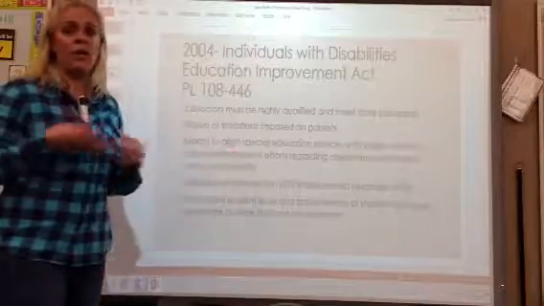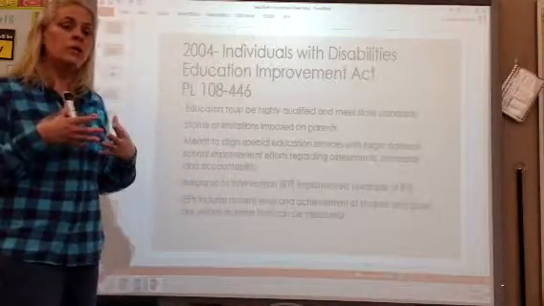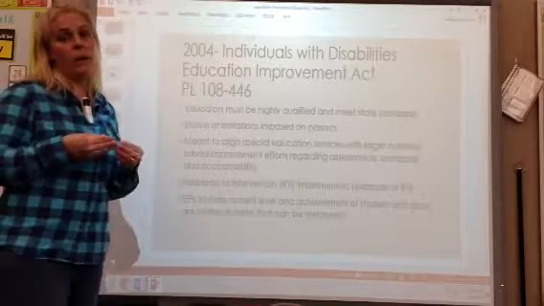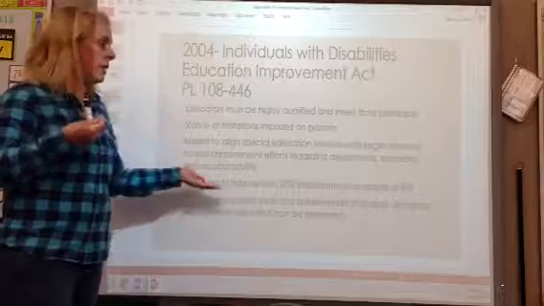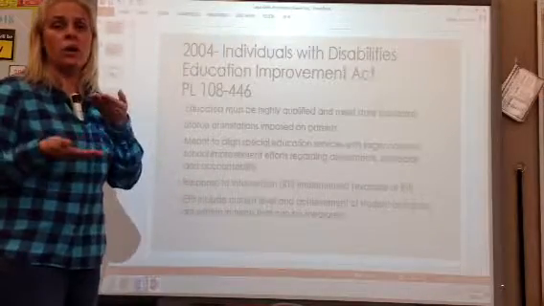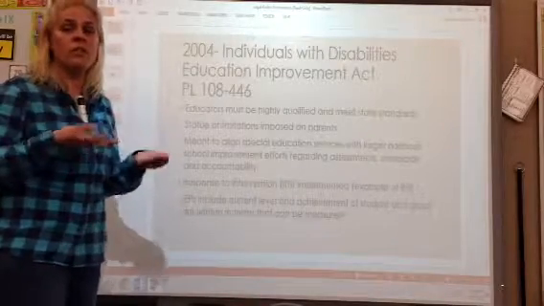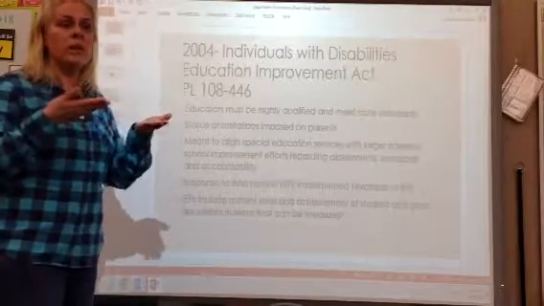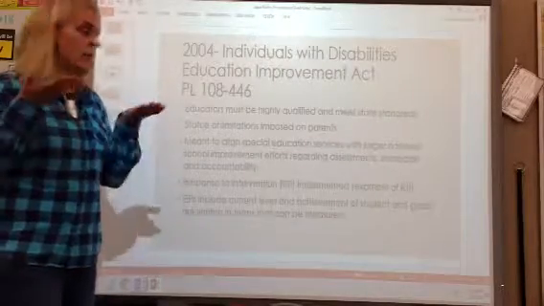So RTI is a great time for all of the teachers to collaborate, talk about what students need help, how we might be able to help them, how are they doing on their assessments. This is a time where we also can put children into Tier 2 and Tier 3 if they're struggling. The Tier 3 students need more interventions. How can we get them their interventions? Tier 2, what can we do to give them interventions and help them to get to where they need to be?